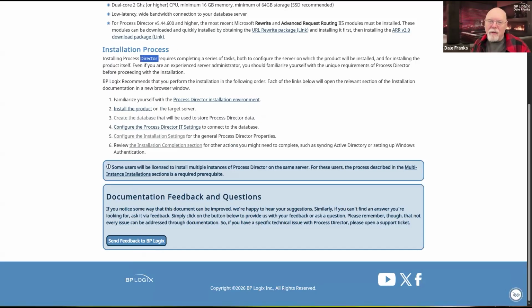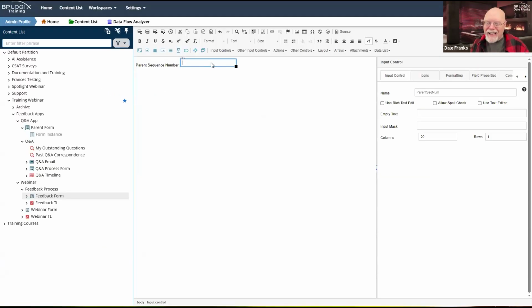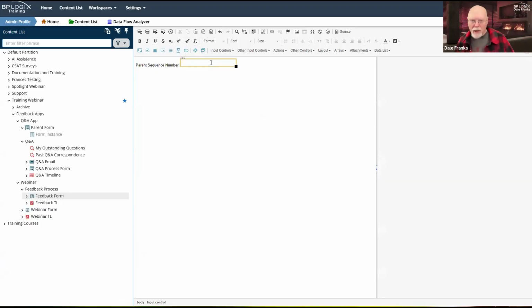So I think I default to I need a sequence number or some other link. It could be the sequence number. It could be the form instance ID of the parent form, which you could pass. I generally tend not to like playing around with GUIDs, but that's certainly an option. But I'm going to need to be able to pass that into my form so that at least I have a reference and know where I can find the parent form, even if I don't link to it directly.